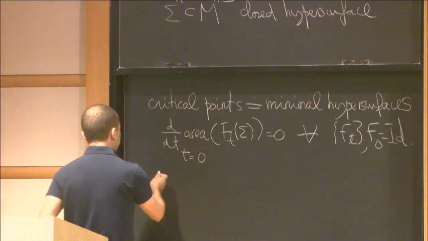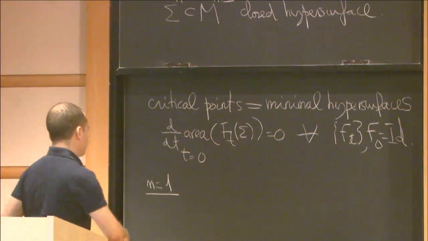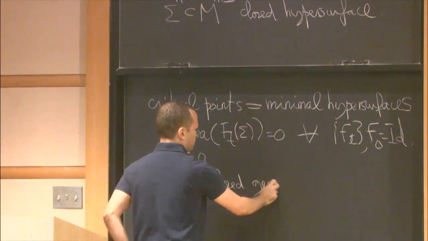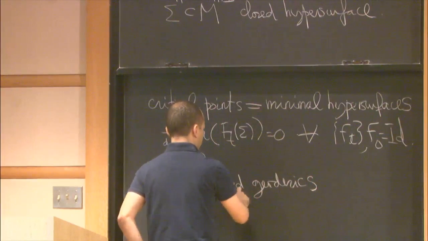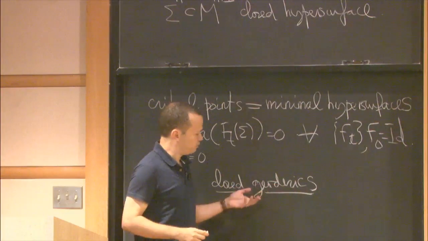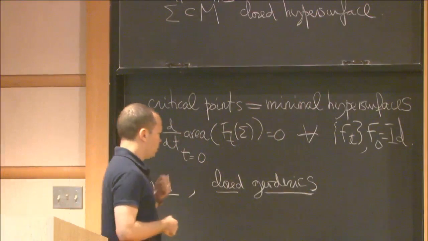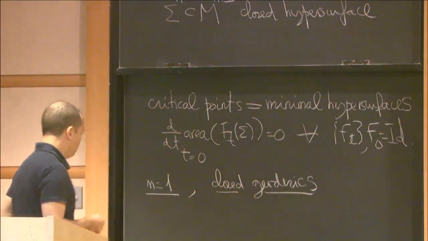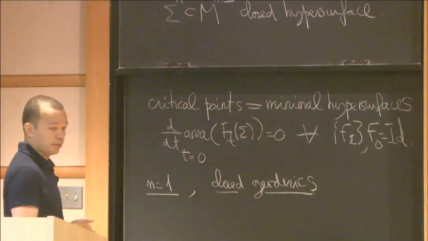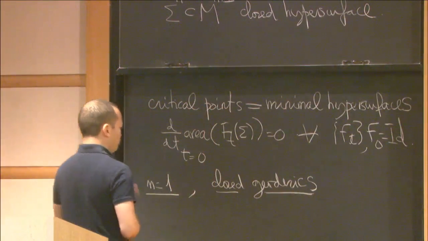Okay, so of course, let me just say a few words about the one-dimensional problem. This is very important, because in that case, minimal hypersurfaces are closed geodesics. This situation is very special, because closed geodesics also admit a dynamical interpretation: they are periodic orbits of the geodesic flow. But once we move to higher dimensions, we lose that interpretation, and then the main method will be calculus of variations.